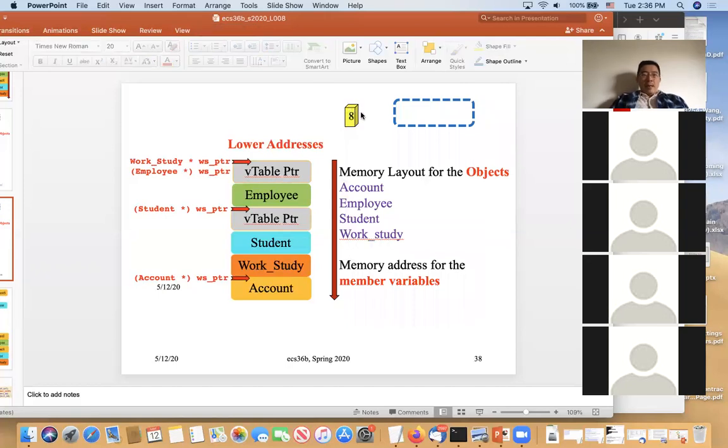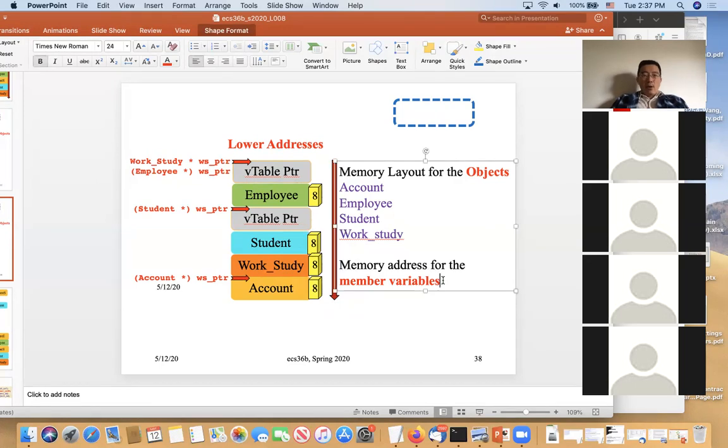Okay. And the thing is that in virtual inheritance, I really have 4 of them. One is associated with employee, one of them associated with student, of course one of them associated with work study, and one of them associated with account. Okay, so you can see that each of the variables has this 8 bytes, and those variables I just